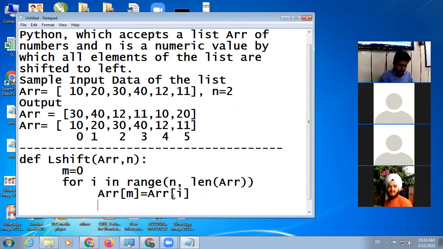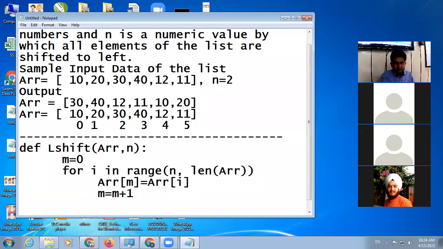Then we will make one increment in m. So it will shift all the elements.